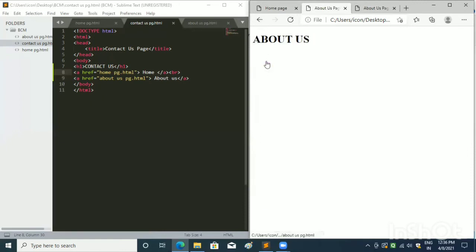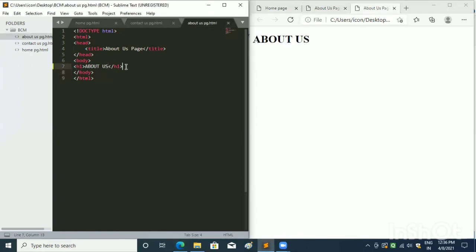So now I will do the same thing to about us page. I will paste the code to about us page also and write the address of home page instead of about us page.